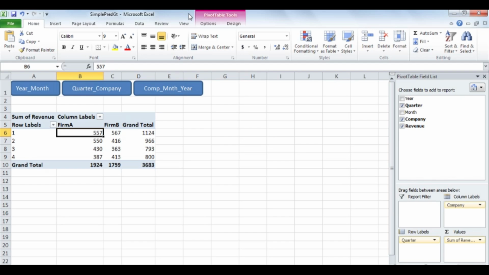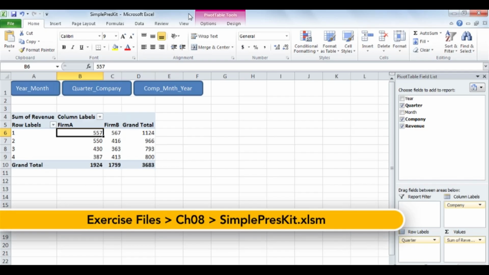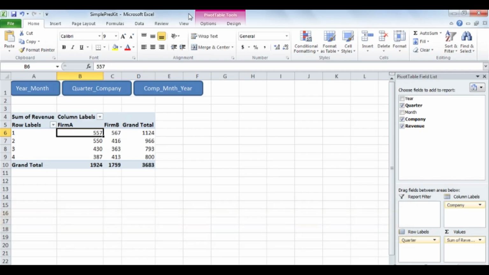Pivot tables make it easy to emphasize aspects of your data, whether that's monthly performance or sales to a customer. The problem with pivot tables is that it can be hard to remember how to reconstruct a position during a presentation. Having detailed notes helps, but you still have to take the time to manipulate your worksheet. In this movie, I will show you how to create a simple Excel presentation kit that uses macros to recall